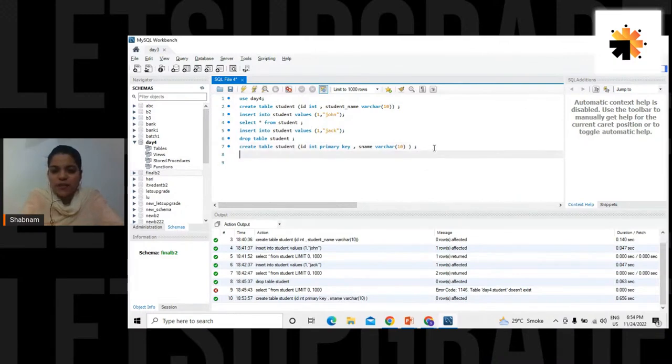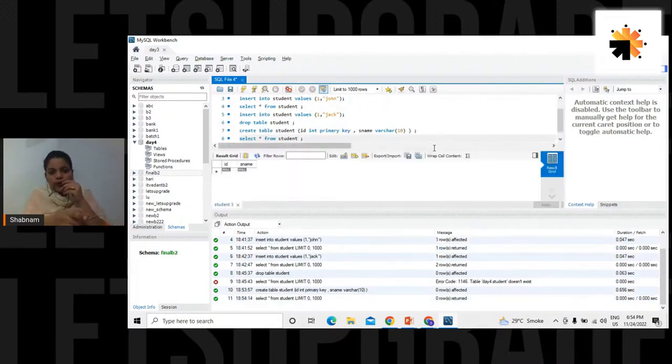Let me say select star from student. All right, the table is here, of course. See, it shows you null because as of now it contains no data. Let me insert the same two rows again that I was trying to insert. Insert into student values, number one, John. Eyes on the screen, guys. Be focused. This operation gave me an error last time, but this time it shouldn't. Actually, it never gave us an error, but it accepted both the boys with the same roll number. Let's see what happens now.